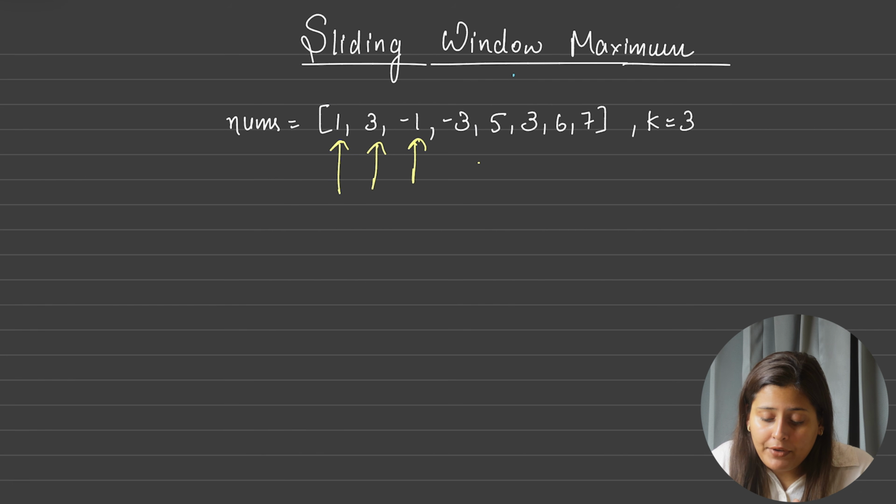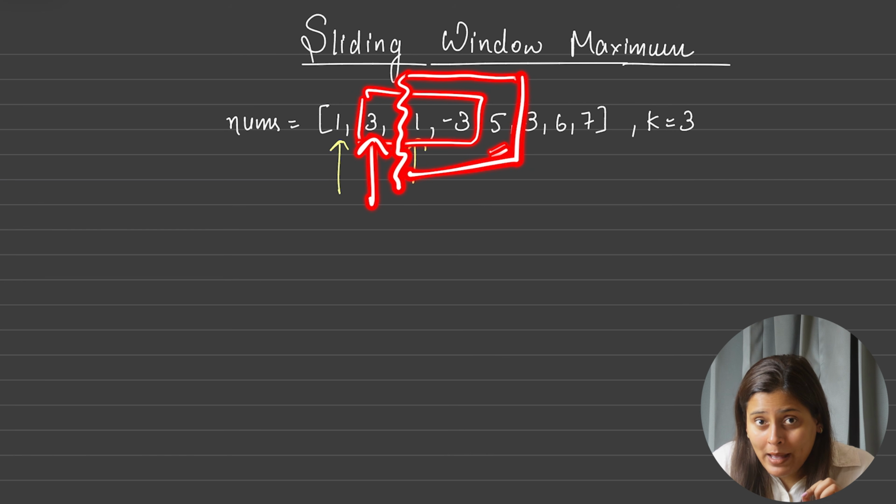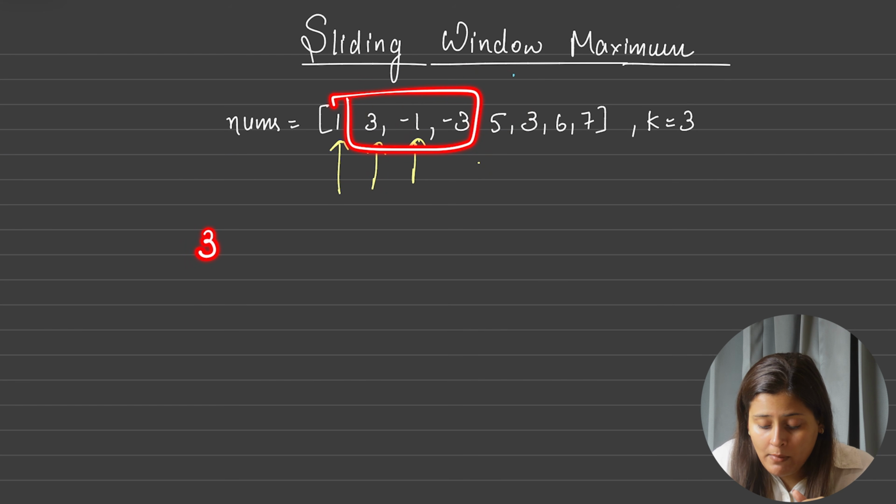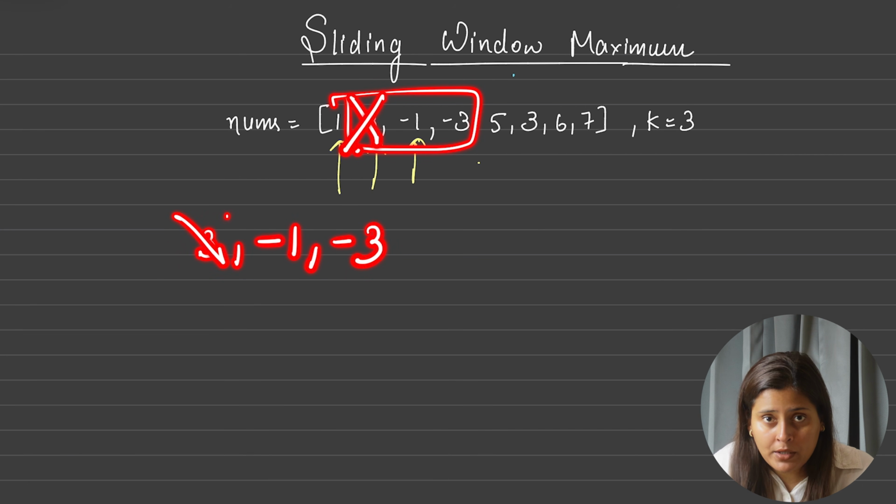Why? Because we just saw that when we were removing this very first element from our window, we wanted the second maximum from this definition. But for the new window, it will be the first maximum. And here we can simply calculate because it is 5. But what if it is minus 5? Correct? So suppose in the data structure earlier we had 3 as a maximum, after this we have minus 1 as a maximum and minus 3. So when we remove 3 from the window, we will remove this also from the heap.